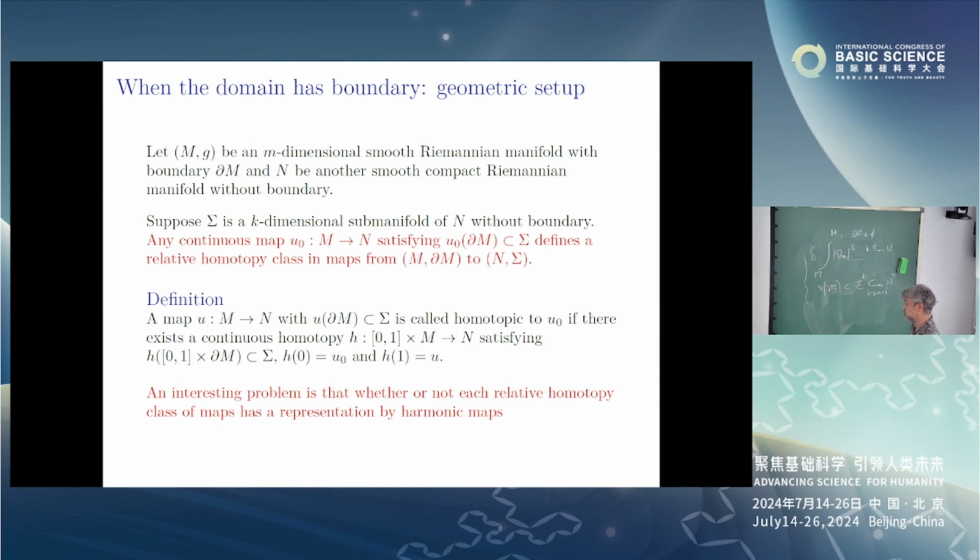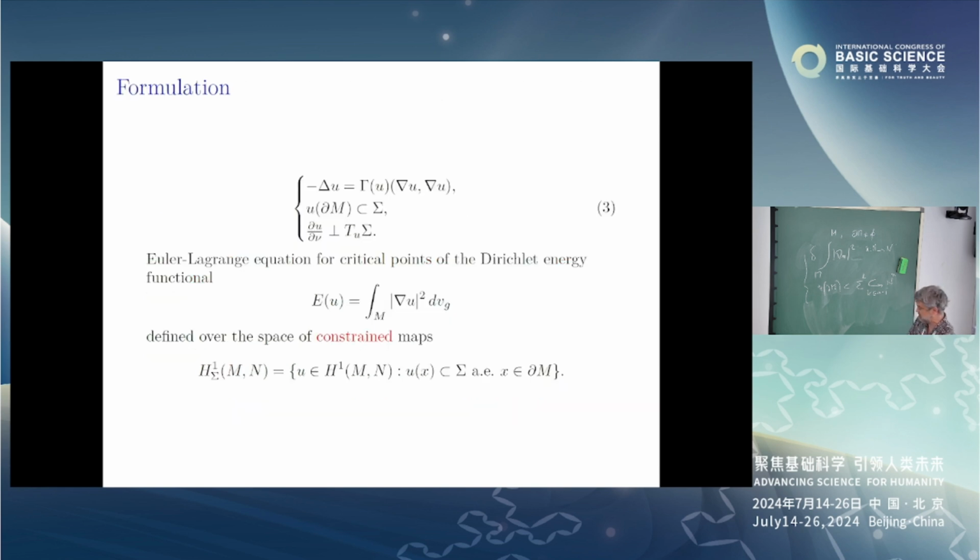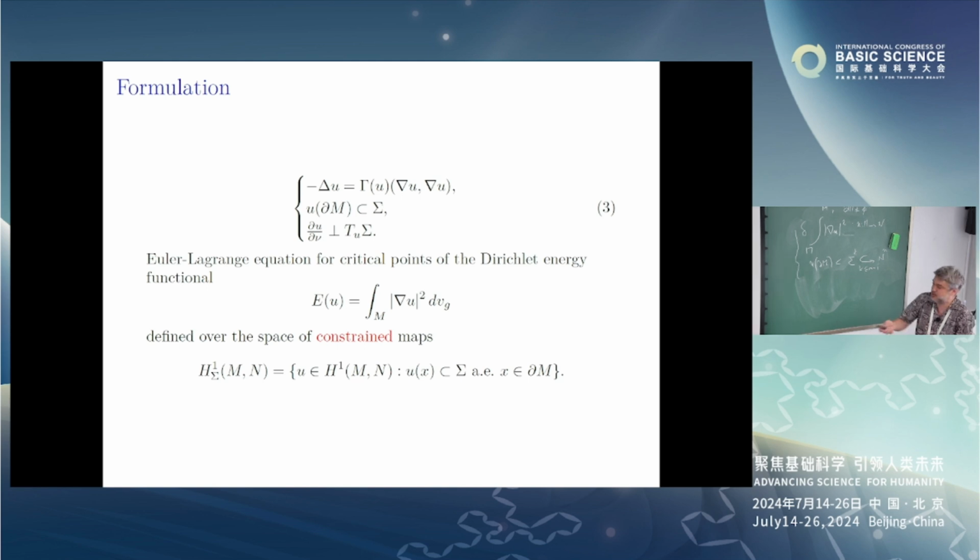However, geometrically, this is the way the problem is formulated, and at the level of the PDE, this is what I meant earlier during the first slide by the geometric Neumann boundary condition. So inside the domain you have the harmonic map equation, and you have your constraint. And when you write the first variation, you have the geometric Neumann constraint, which is the fact that